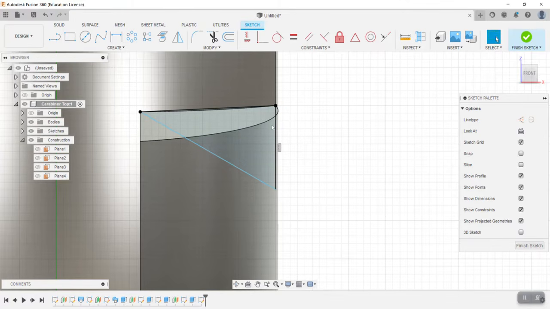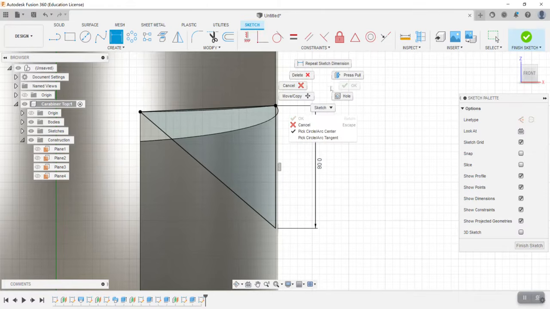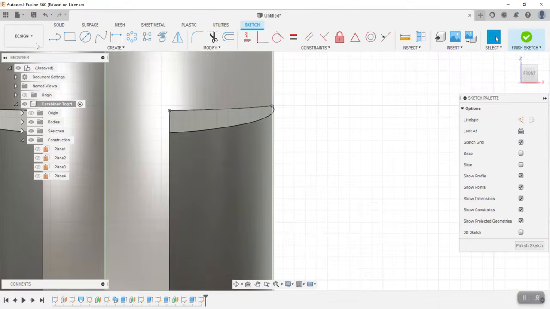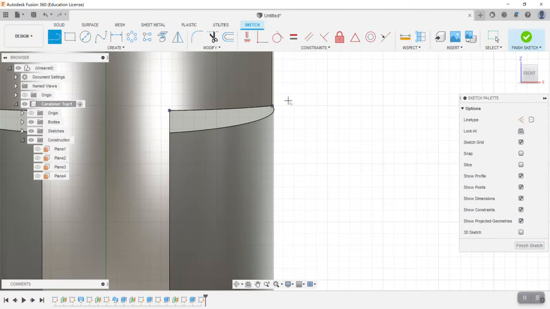And we're going to see our height of this is going to be 0.08, and we might need to overshoot this line just a little bit more. So I'm going to delete this line, and let me get rid of this and try that one more time. So on the outside here I'm going to draw another triangle